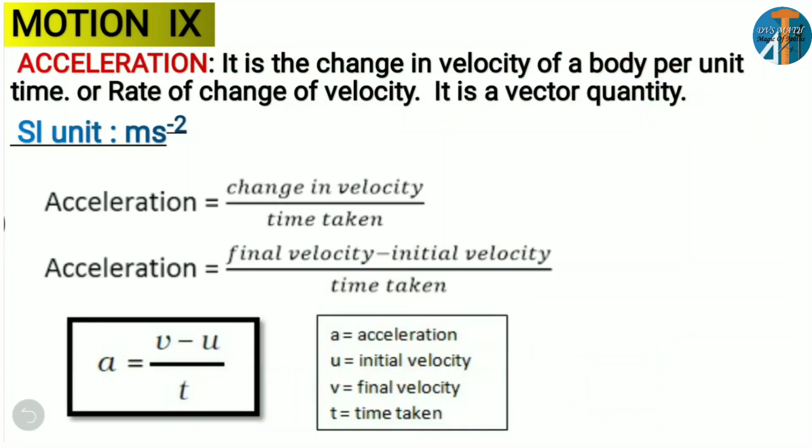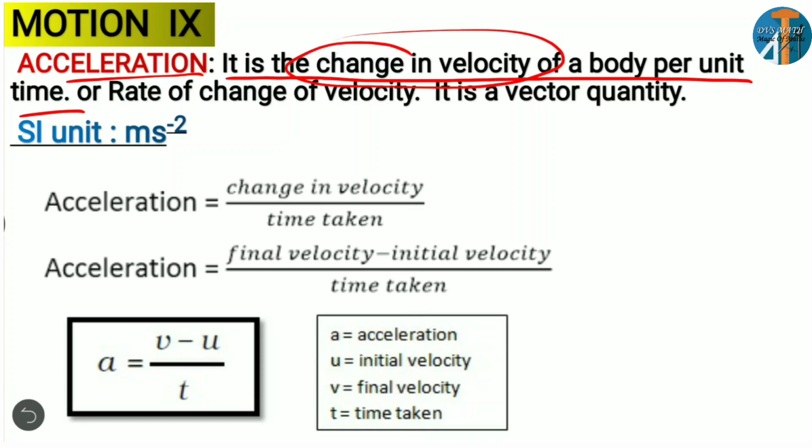Particular definition of acceleration. So what can we conclude about acceleration? It is a change in velocity of a body per unit time. Sometimes velocity decreases also. As I told you, it is not only an increase in speed; you may decrease speed also. We can say change in velocity or change in speed, but if we take speed in a particular direction, we call it velocity.